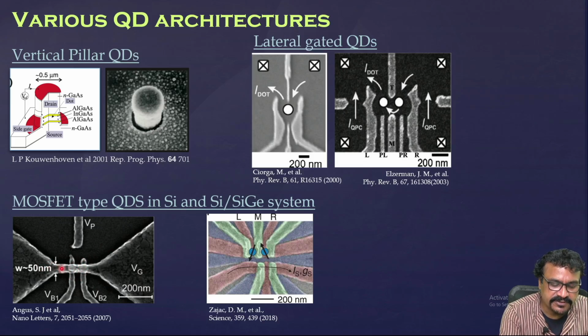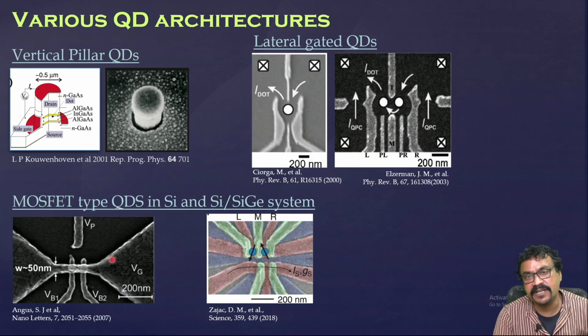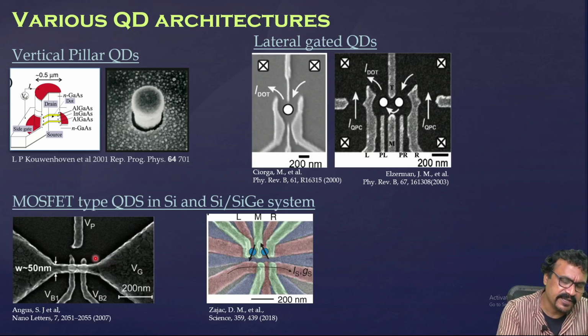So electrons are here, electrons are here, electrons are here. These two regions will have a tunnel barrier, and this gate can be used to change the potential of this region. So this is the idea of a MOSFET kind of quantum dot, but of course you need a really very clean